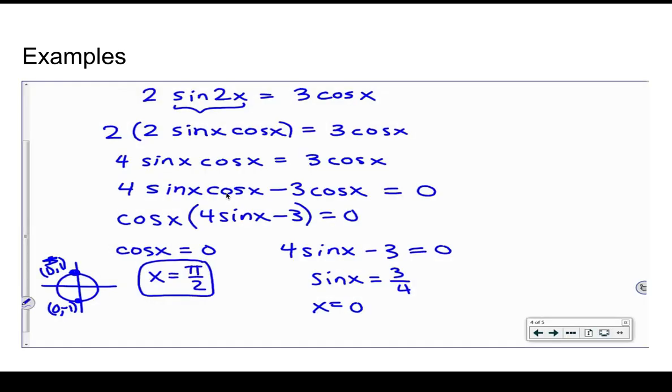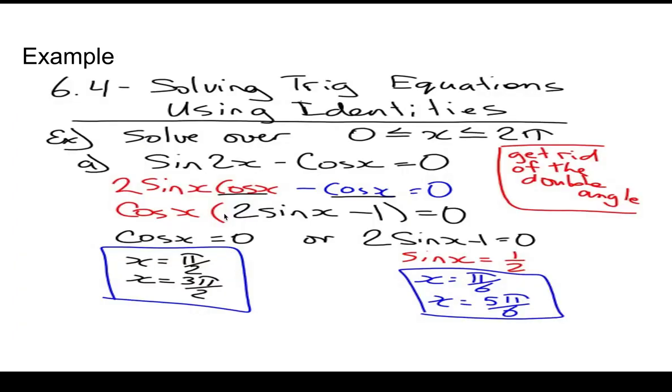Here is another example of an equation. So as you can see here, we started with 2 sin 2x equal 3 cos x, and now we had to put it in the form that would be easier for us to calculate it. So we did these following steps, and after you do everything correct, if you double check your answer, you should make sure that x equal to pi over 2. If x does not equal to pi over 2, then you have to double check again. Here's another example,